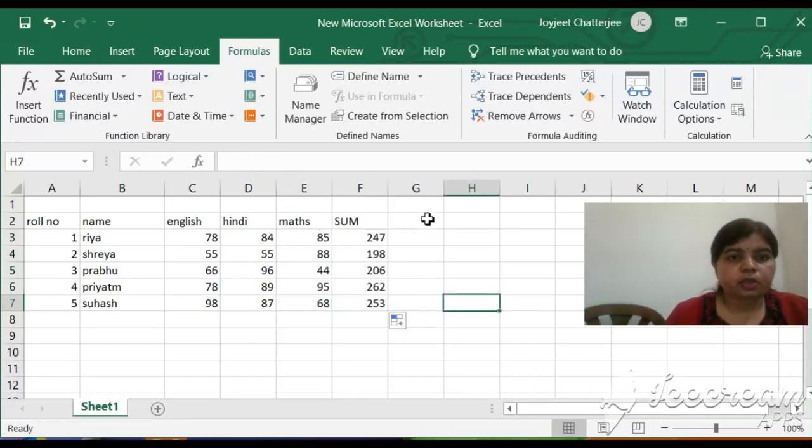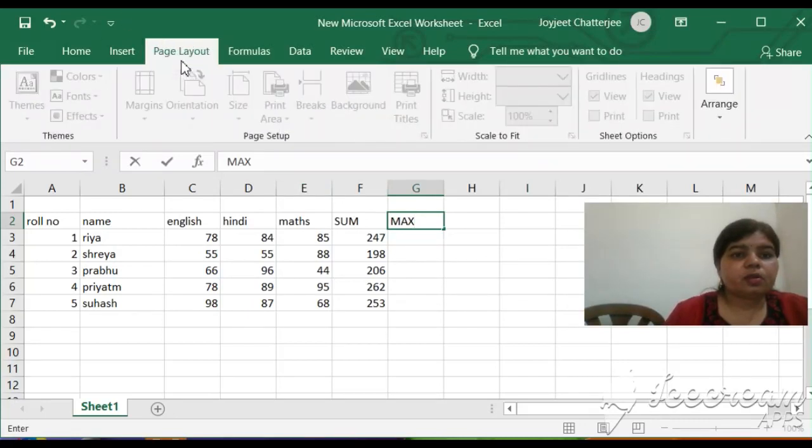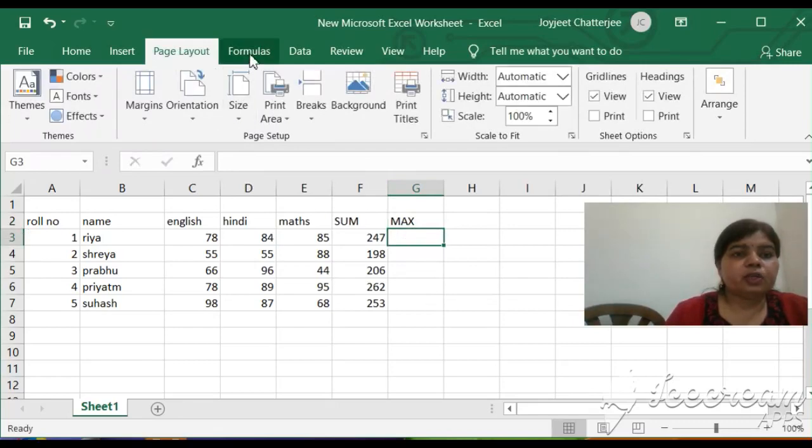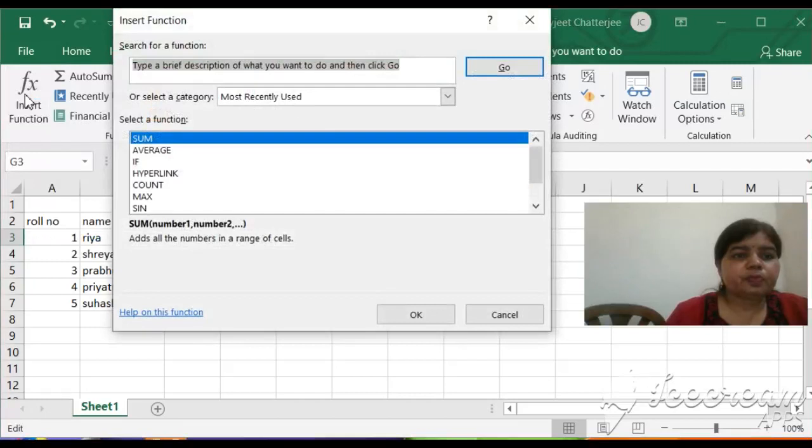Clear? Now the second function I'm going to show you. For example, here I'm going to show the MAX function. I want the maximum marks each student got. So for that, click on formula, then insert function.